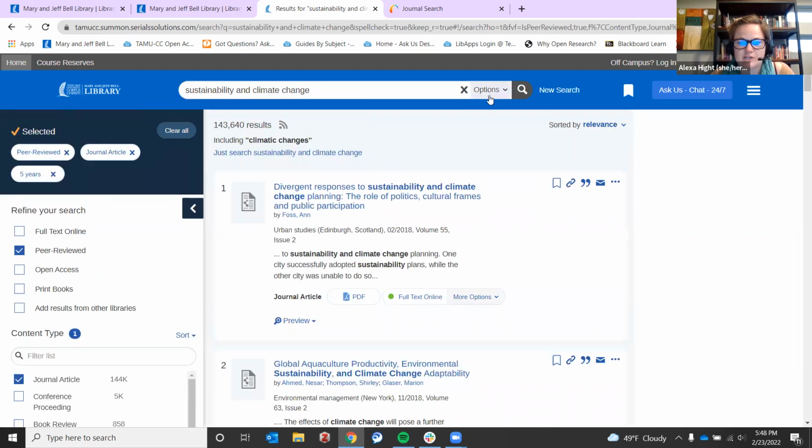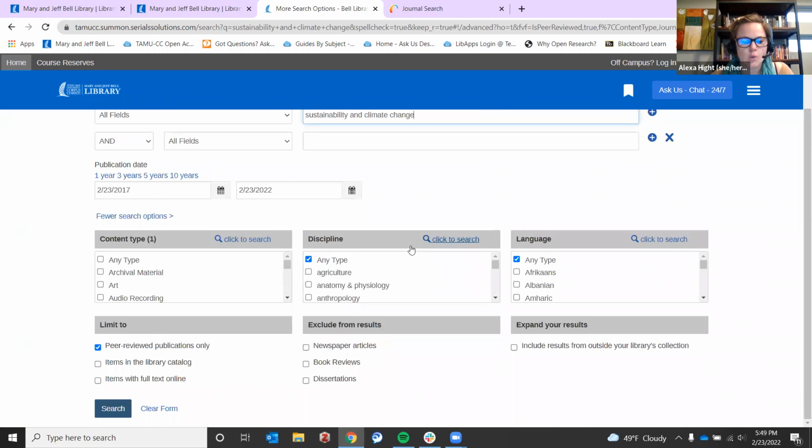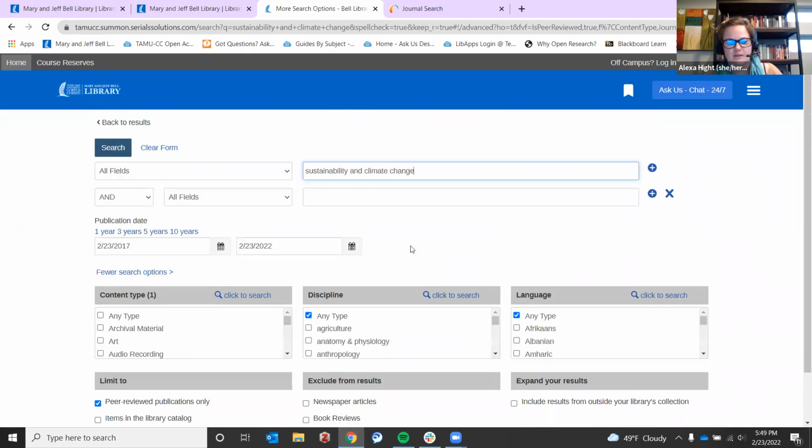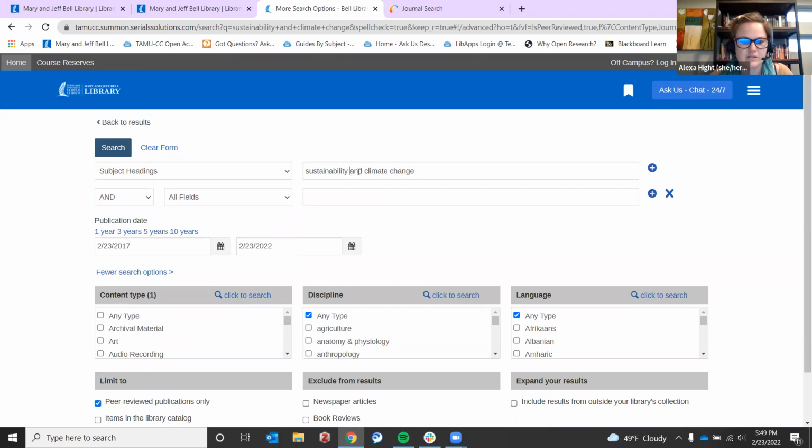So in the search bar, if I click on the options, it will bring me to this page where rather than the filters being on the left, I have them spread out here for me. And so I can say, I actually want the subject heading to be sustainability, for example.